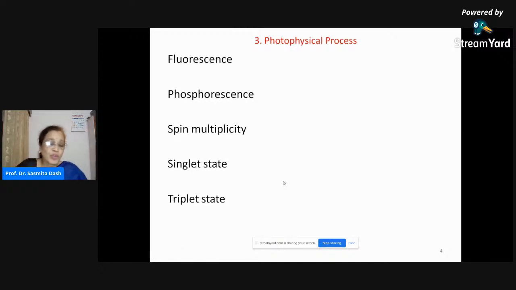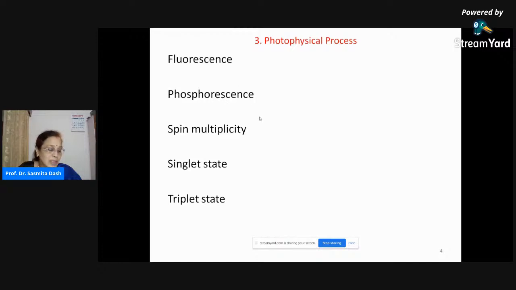We have to learn a few more terminologies in this regard. First is spin multiplicity. What is spin multiplicity? Most molecules have an even number of electrons, and thus in the ground state all the electrons are spin paired. The quantity 2S plus 1, where S is the total electron spin, is known as spin multiplicity. So when these spins are paired, the upward orientation of electron spin is cancelled by the downward orientation, so that S